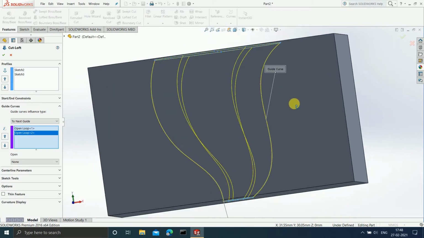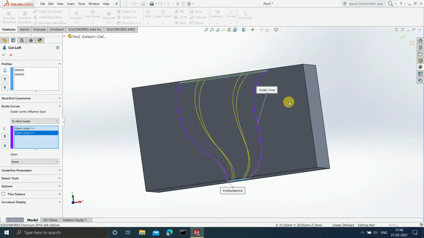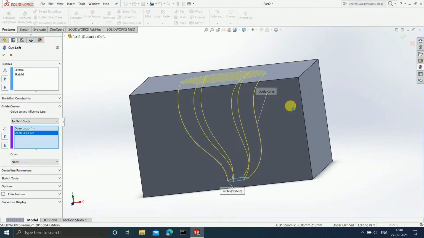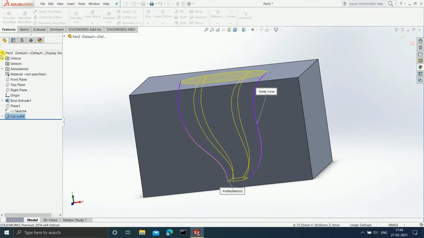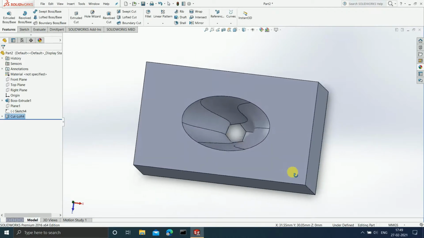So a guide curve basically guides SolidWorks on how the 3D cut must look like. This is a very important tool, and in this you also have guide curve influence types, next guide, next sharp, next edge, and all these features. These are with respect to the 3D model that you have created. Once this is done, now click on OK. See, now can you see the cut?